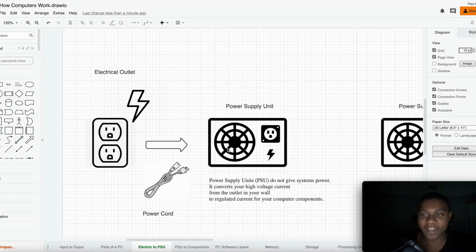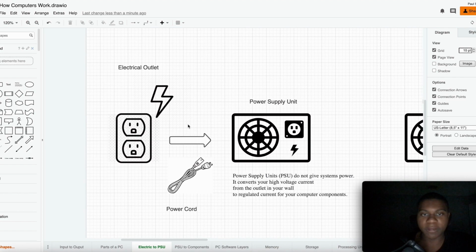Let's do this. So in this video we're going to be talking about how the electricity from your wall gets plugged into your power supply and into your computer. Now this is the thing, your computer needs power. If your computer doesn't have power, it's not going to turn on. If you don't have a computer, you can't code, right? So we need a computer in order to code, and the computer needs to be on, and the computer actually